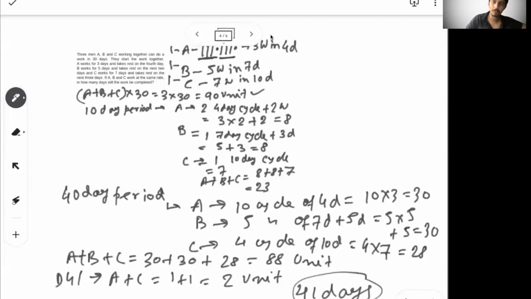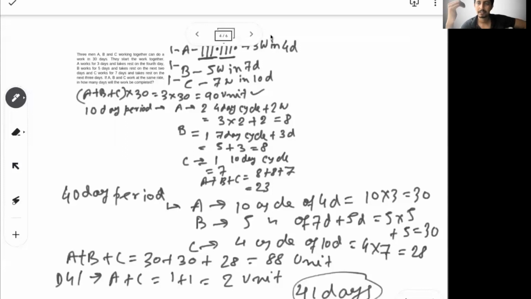So it's a very good problem where we have tried to draw a pattern. There's one that works 3 days, 1 day rest, another 5 days, 2 days rest, another 7 days, 3 days rest, and they started simultaneously, right? So you can't basically say for a 10-day period, typically this many people are working. That's how we go about it, because it's not linear. In the first 10 days 23 units of work was done, but in 40 days it's not 92, it's 88, because the cycle will vary.